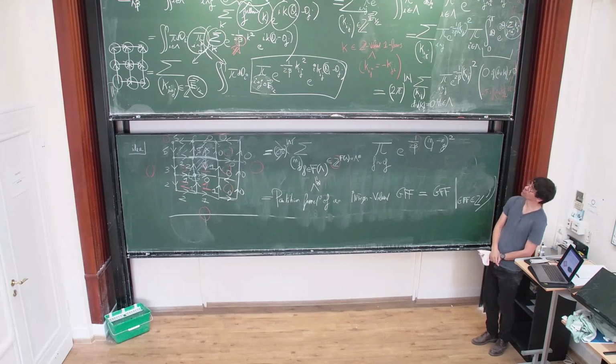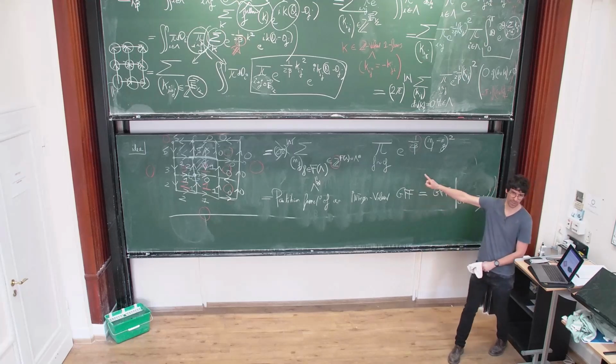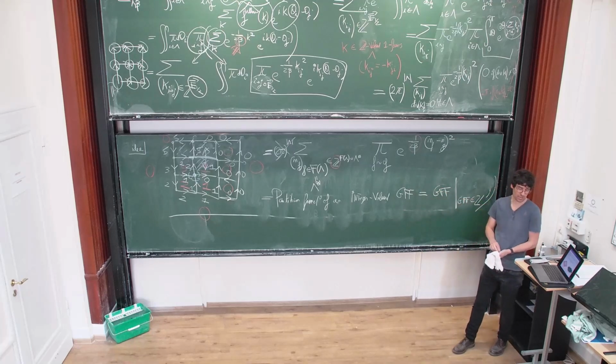So we rewrote the partition function of the Villain model in terms of the partition function of a different model,